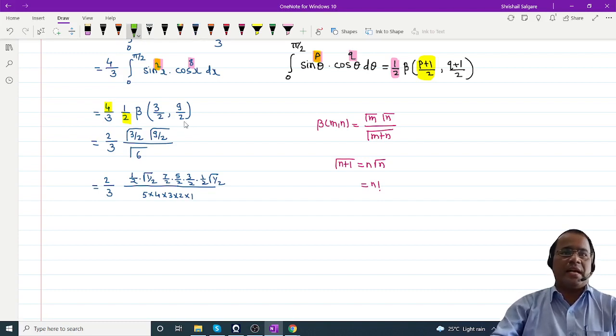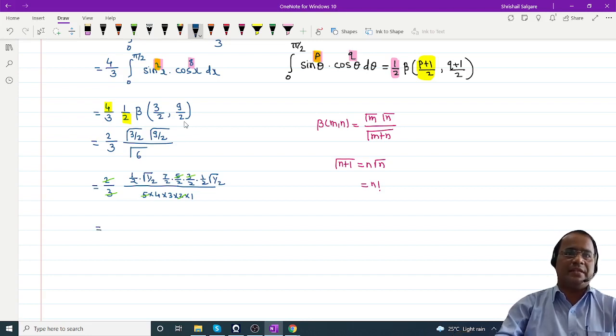So I will cancel the terms. This 2 cancels with this 2. Further, this 3 cancels with this 3. This 5 cancels with this 5. Further simplification is possible. Okay. The remaining terms, once again I will write. Numerator is 7 into gamma 1 half. Correct me if I am wrong. Denominator is 2 into 2 into 2 into 2, how many times? 1, 2, 3, 4, 5. And again multiplied by 4 into 3.